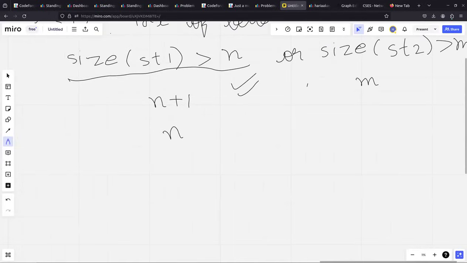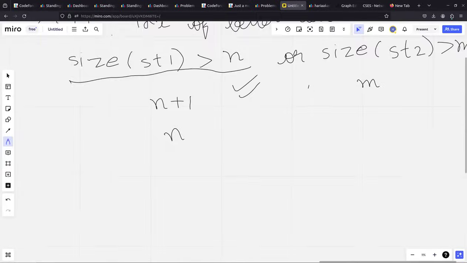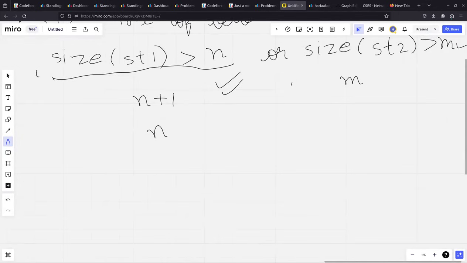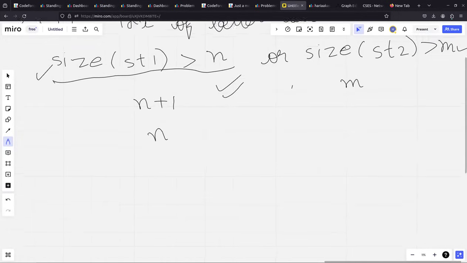Starting from here, we'll just assume size of ST1 is what is greater. Size of ST2 is going to be lesser, but the size of ST1 is what is greater. That's something that we'll just assume from now on. If it's the other way around, we can just do the same thing in the opposite direction. So this doesn't lose any generality. So we just assume this condition is satisfied and the size of ST2 is lesser. What we do is,